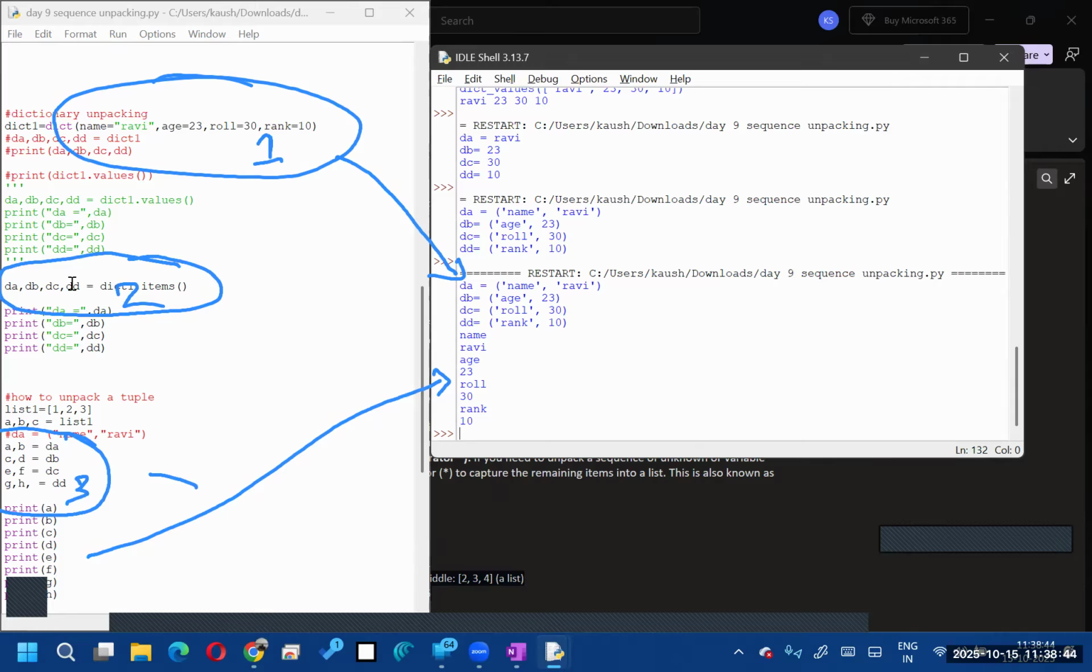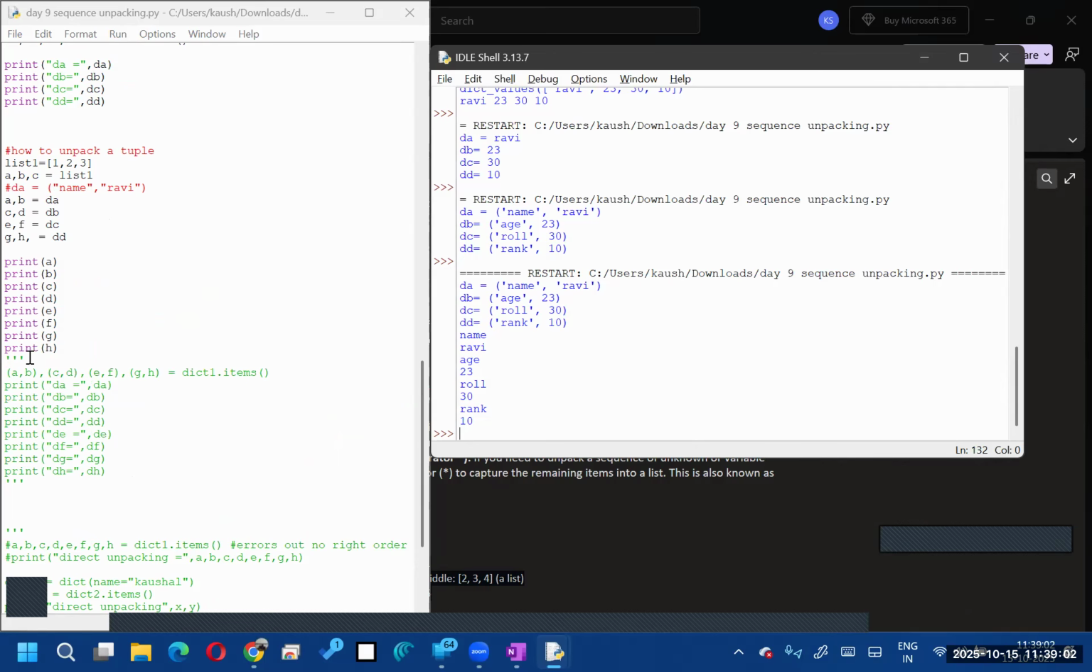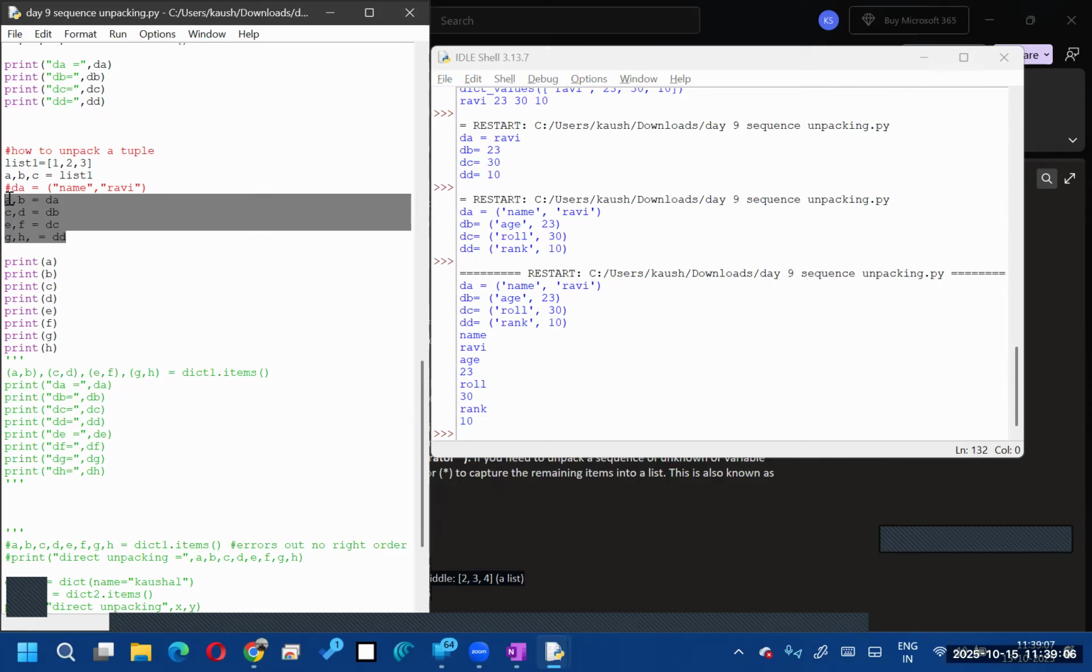Now what is the code for converting a tuple into normal variables? AB is equal to DA, CD equal to DB, EF is equal to DC, GH is equal to DD, right? Now this is clear, right? Now let's go to the next step. So instead of doing these 3 steps, if you look at this code,